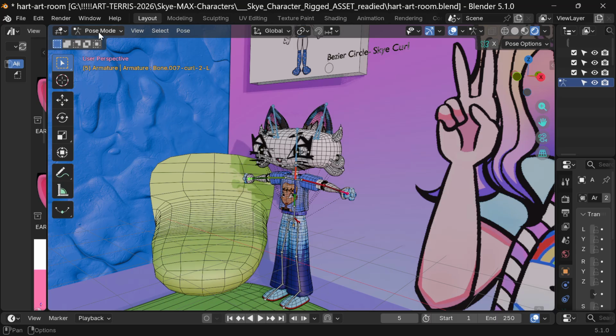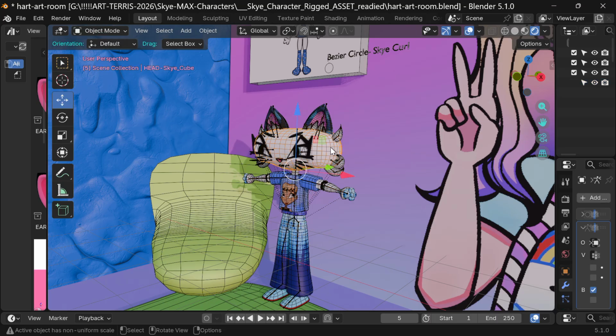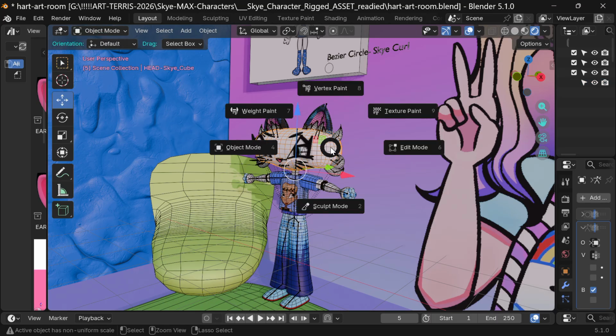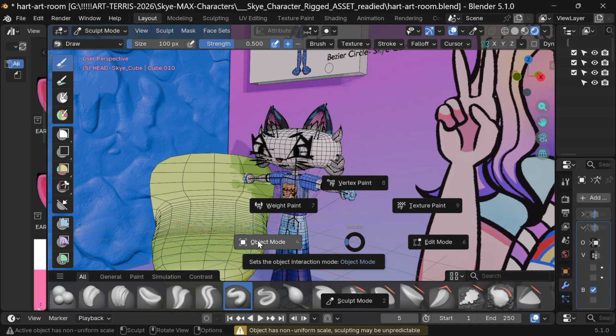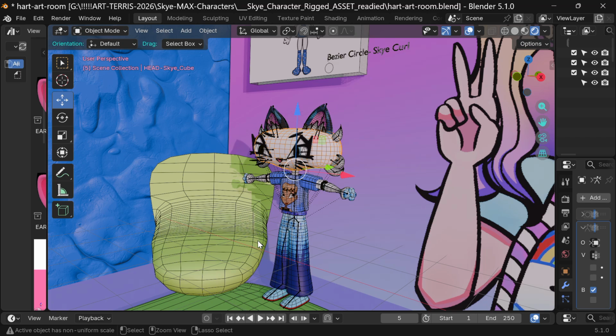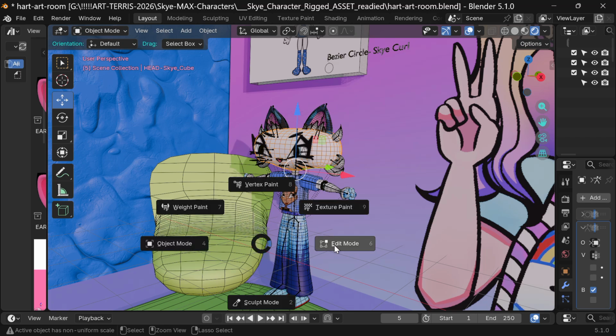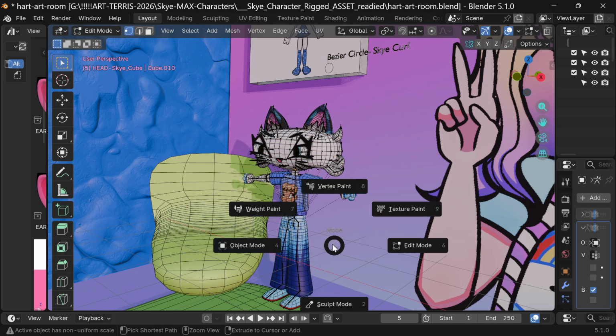Let's see, wait. Got to select the mesh. Control, Tab. Then we get this menu. This is just a hotkey. Edit mode, object mode, sculpt mode, weight paint, vertex paint. So just Control, Tab. I forget what it is on the Mac, but